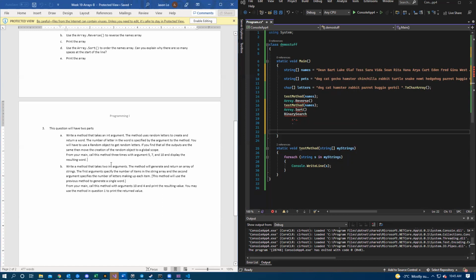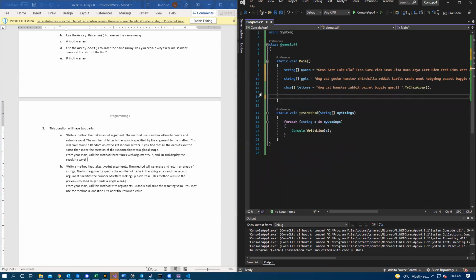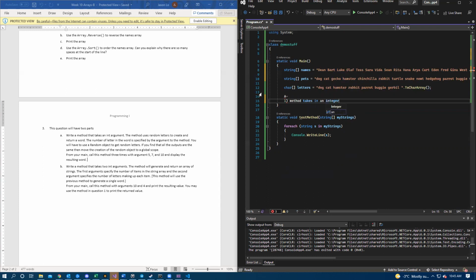My interpretation here is that the two steps were essentially step one for A. The method takes in an integer, and then based on the integer that you give it, create a random word